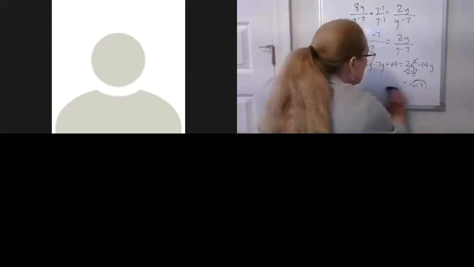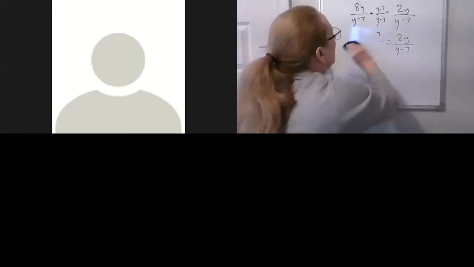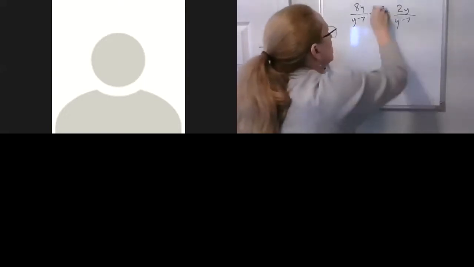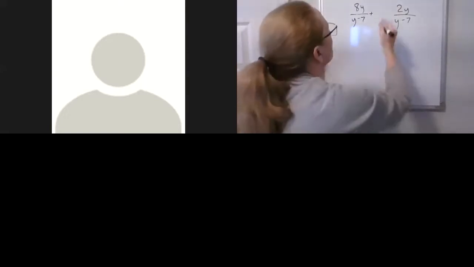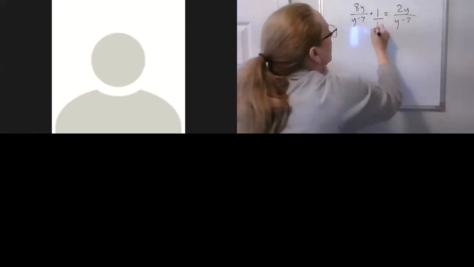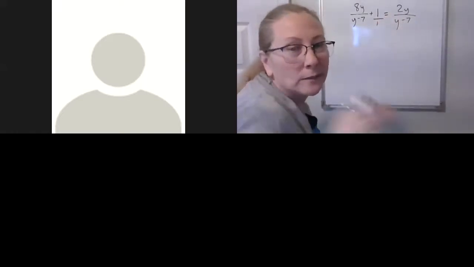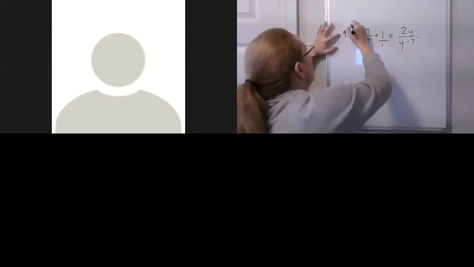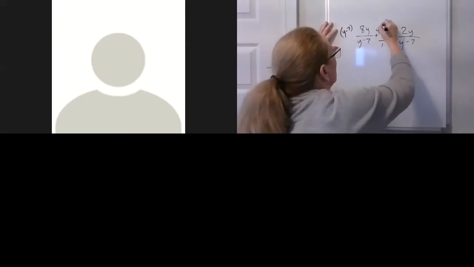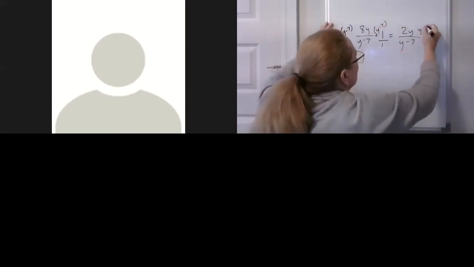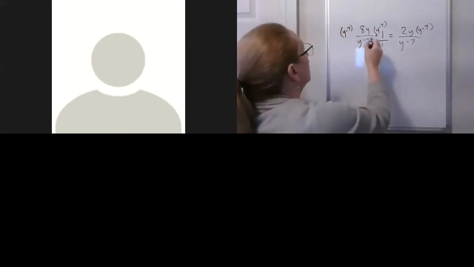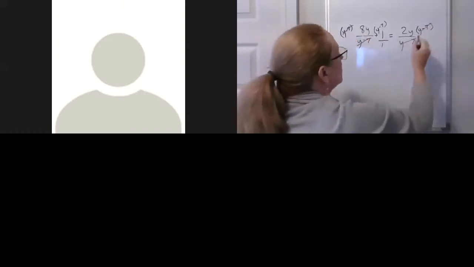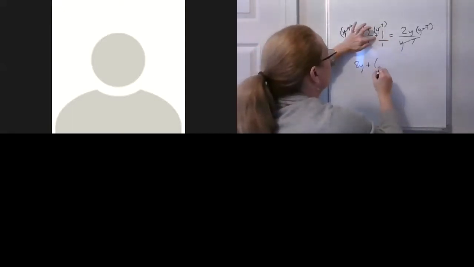Now, let's do this in the easier method that I promised by multiplying through by our LCD. So let's change this back. The original problem we had, a 1. We know that that has a denominator of 1. So now we're going to multiply through by the LCD. Y minus 7, y minus 7, and y minus 7. Now here, cancels, cancels. So in this one we have a y. Here we have y minus 7 times 1, so plus y minus 7